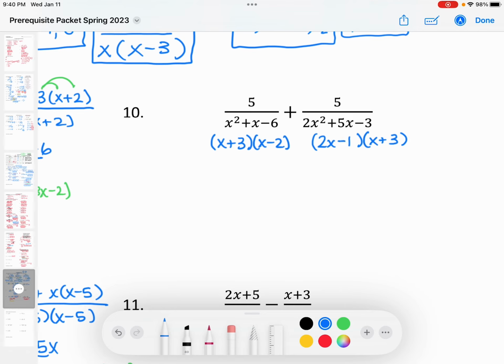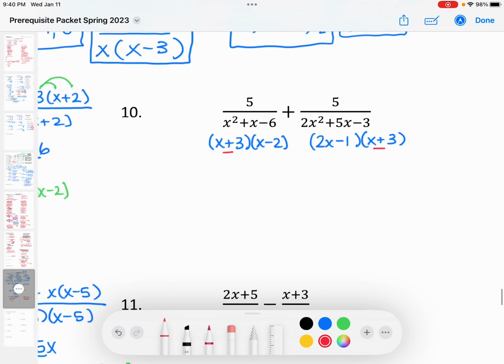So now that we see that, I can tell that they already have the x plus 3 in common. So if I just give this one a 2x minus 1, and I just give this one an x minus 2, then the denominators will match. Altogether, that will equal, this is a beast,